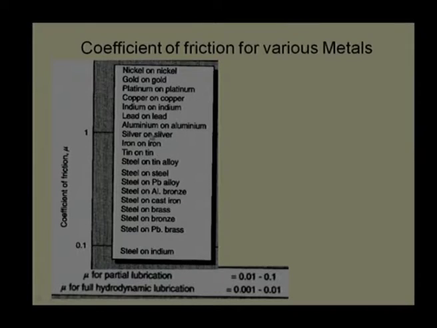Another interesting thing we can observe from this data is that when there is thin lubrication, partial lubrication, some sort of lubrication provided at the interface between the two materials, then the coefficient of friction reduces by 1/10. And if we can completely separate the two surfaces, with no asperity contact, that is what we call hydrodynamic lubrication, thick film lubrication, then the coefficient of friction reduces to 1/100. That means 1% of the coefficient of friction which we can experience in dry condition. So, here it is indicated that lubrication is very, very important to reduce the coefficient of friction, to reduce